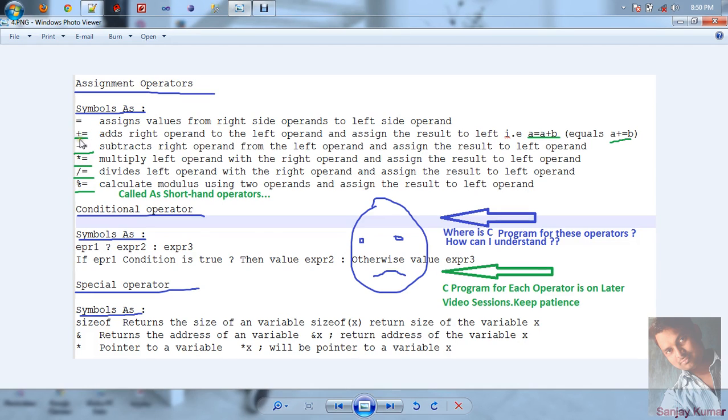What does plus equal to indicate? When a appears 2 times in a equal to a plus b, we can write it only one time by using the shorthand operator: a plus equal to b. Both are the same, a equal to a plus b and a plus equal to b. So it is better to use a plus equal to b because it saves a variable.